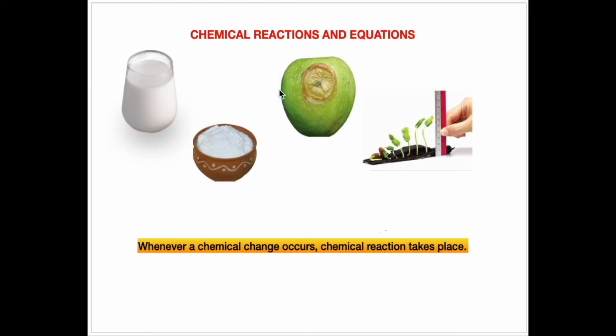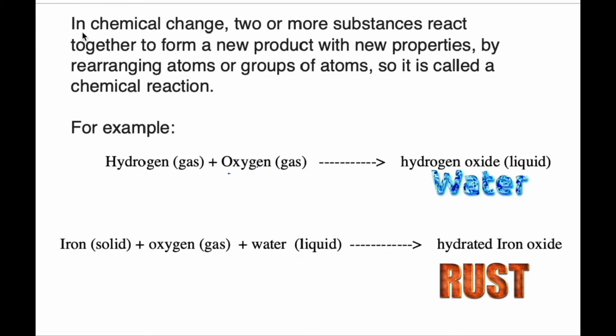Yes, this is what we are going to study in detail in the first chapter of science, class 10 chemistry, and the name of the chapter is Chemical Reactions and Equations. In this chapter, we will study the various types of chemical reactions and the chemical equations which represent these chemical changes. And also, we will learn how to balance chemical equations. So, let us move on.